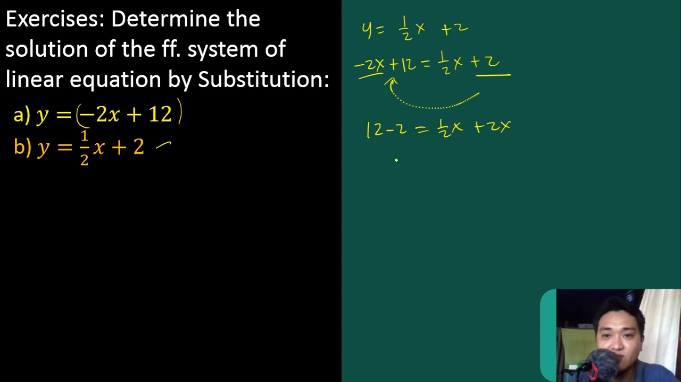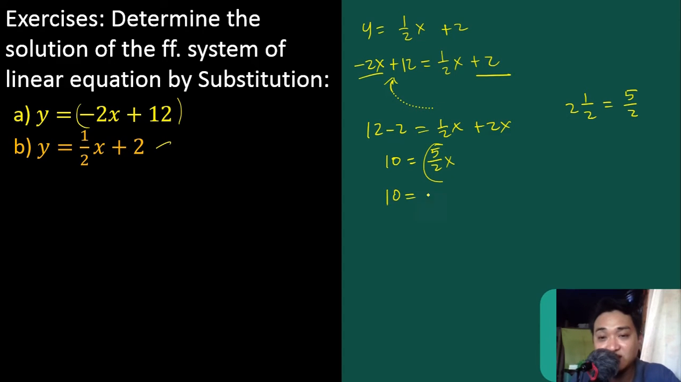So we have 12 minus 2 is just 10. How about 1/2 x plus 2x? So 1/2 plus 2 will become 2 and 1/2. Then change this to an improper fraction: 2 times 2 is 4 plus 1 is 5. That is the same as 5 over 2. So that is 5 over 2 x. Now, evaluating this as a rational algebraic expression, we have 10 is equivalent to